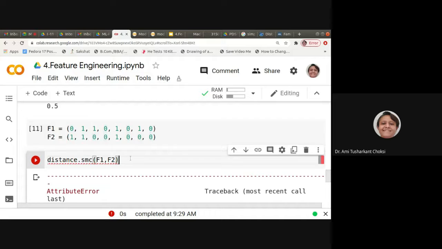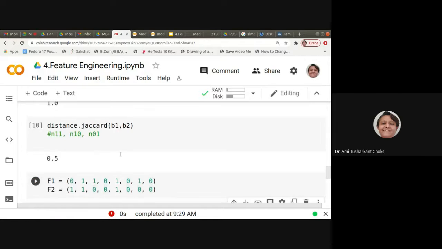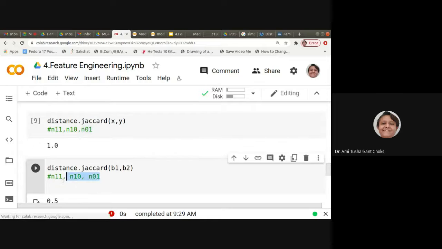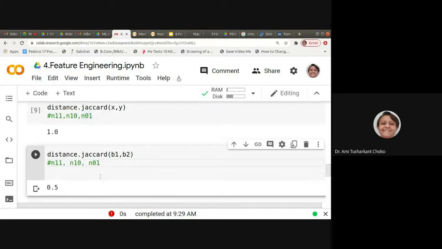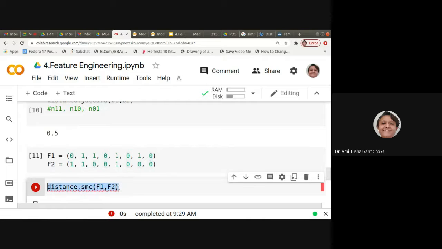We just have to consider the counts ourselves. No other option is available. Like if we are getting N11, N10, N01, we just have to consider the N00. Fine. So if we want to implement the SMC, it is not Surat Municipal Corporation, it is simple matching coefficient, right?